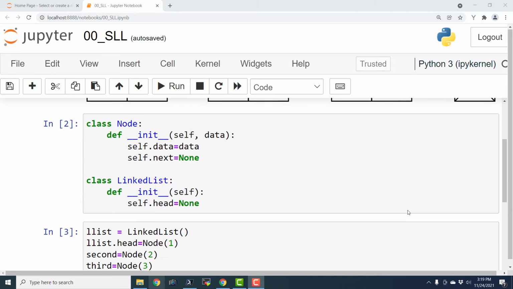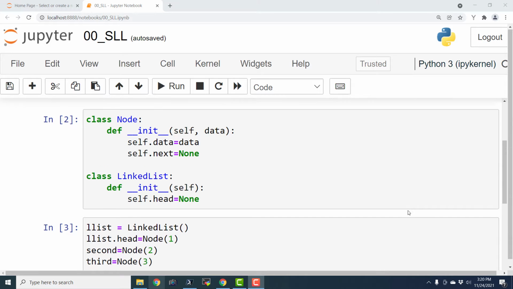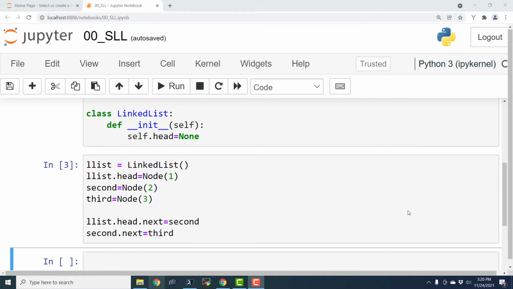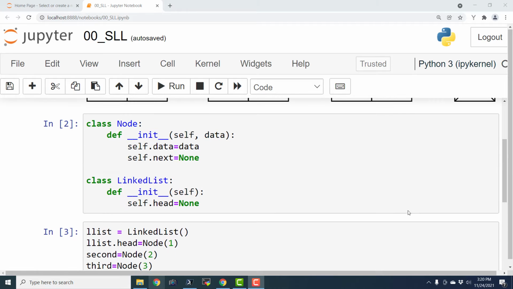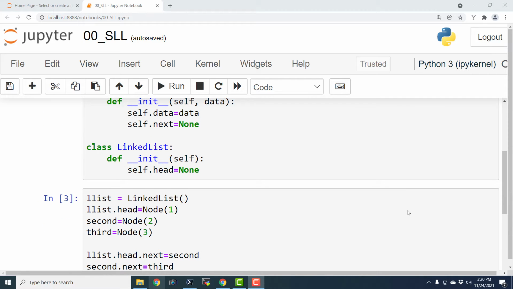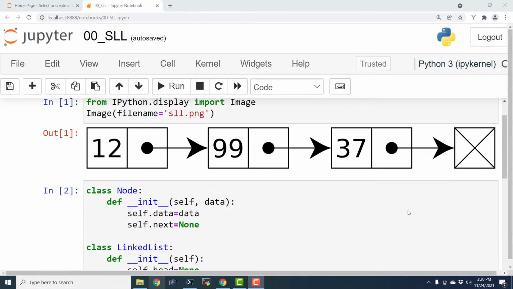In the earlier episode we created two classes, one for node and one for linked list, and then we created the corresponding objects, and this is how we created simple linked lists. Now we are going to write a routine that is going to print each and every node's data part. That routine will traverse this list. It will systematically visit each and every node and print the data part, and that is quite easy.